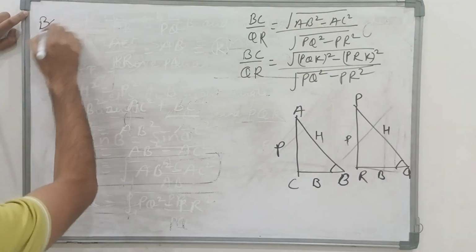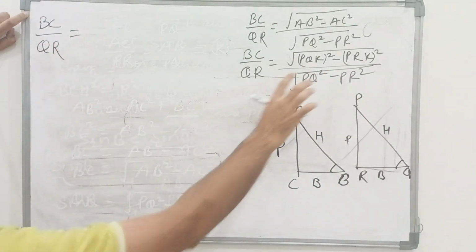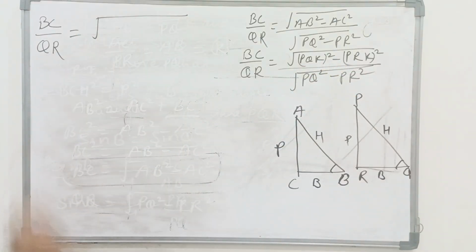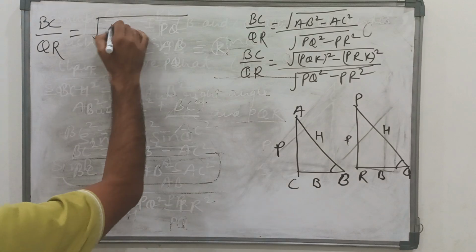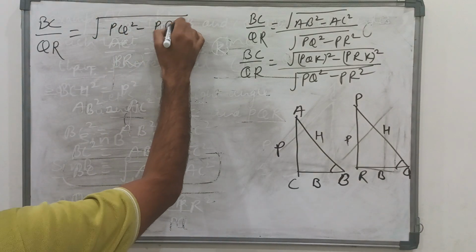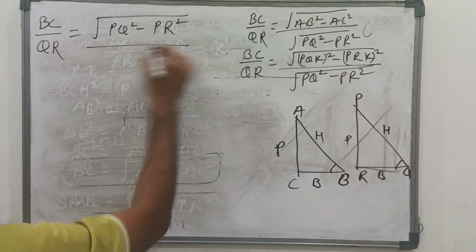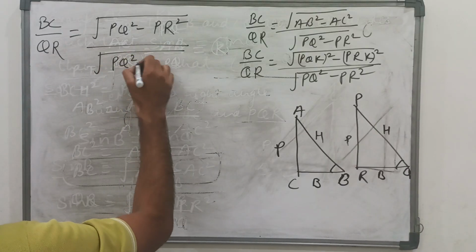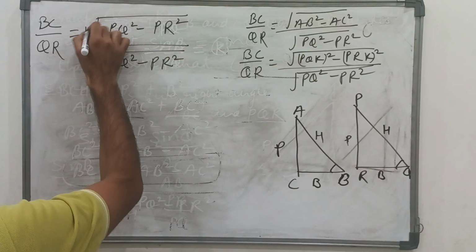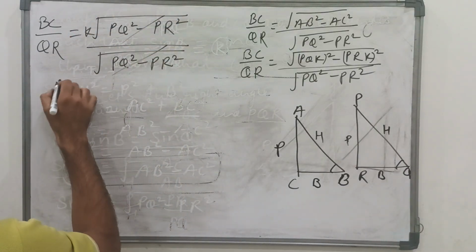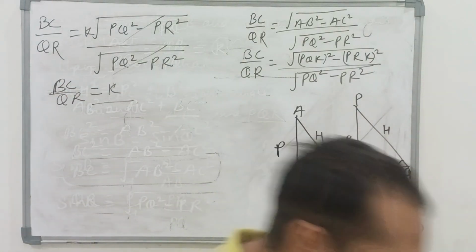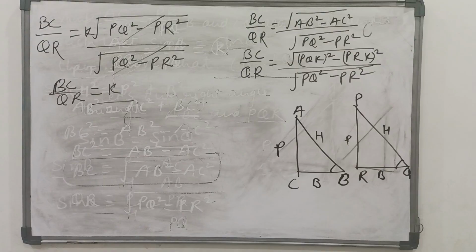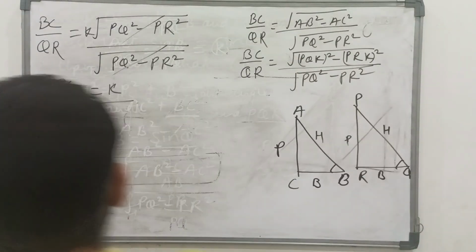चलो इधर BC अपॉन QR इधर आ गया, BC अपॉन QR। ओके, K स्क्वायर PQ स्क्वायर माइनस PR स्क्वायर, ये कैसे हुआ भाई? देखो, K स्क्वायर कॉमन ले लो, रूट K स्क्वायर बाहर K आ जाएगा, ये दोनों कट जाएंगे, BC अपॉन QR K आ गया। भाई मजा आ गया, K आ गया ना, देख K आ गया।